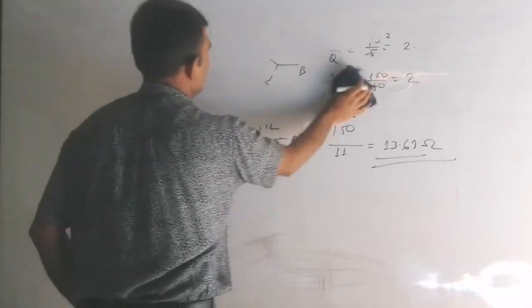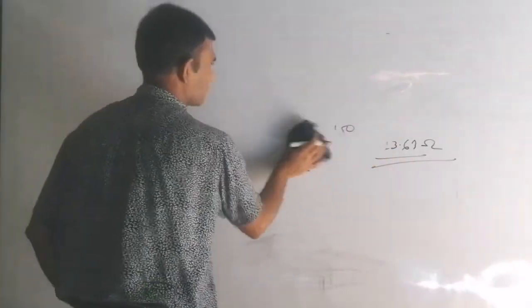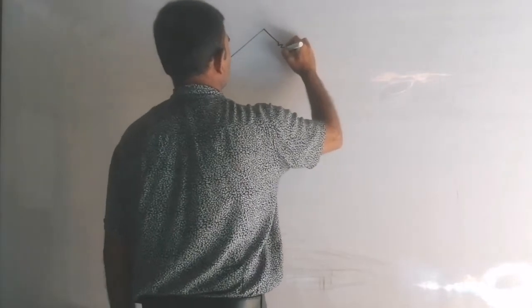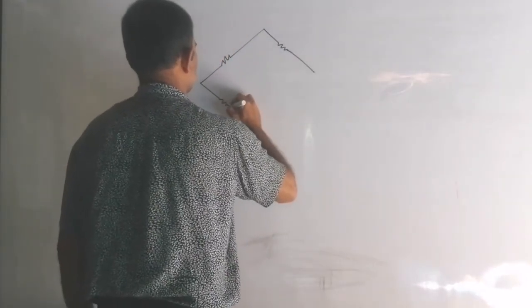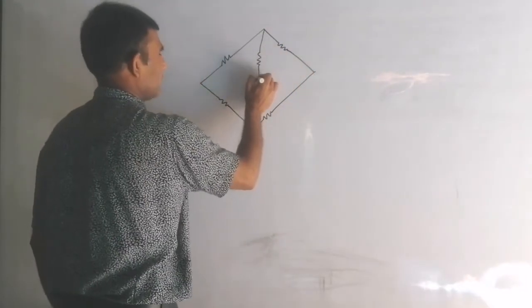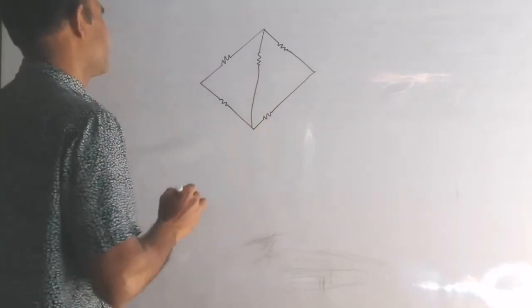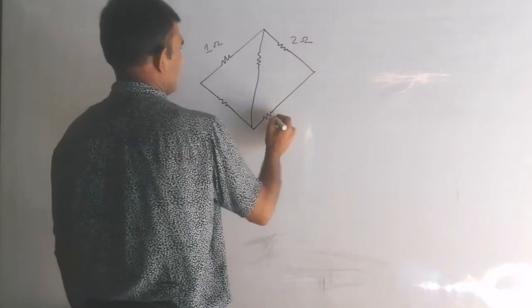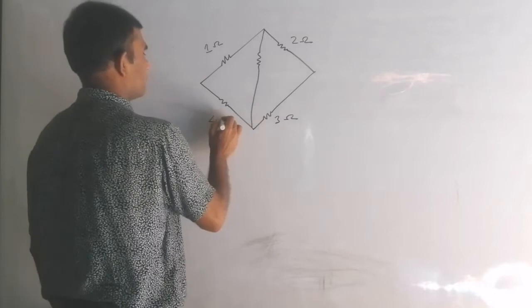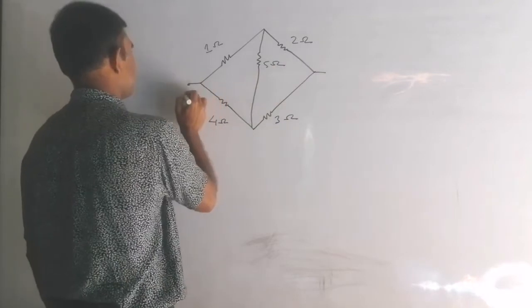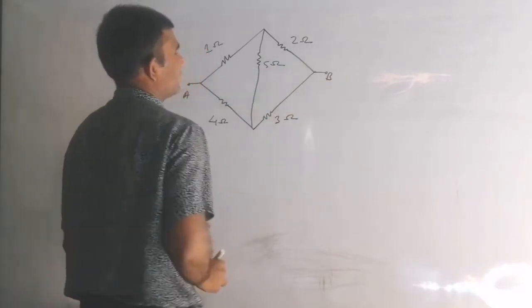And there is a more difficult question like this, and I will give you this as an assignment, so you try, and I will solve that question in the next video. But I am giving this so that you will do research. You will search on the net and find the solution, and you will tell me next time. Again there is a question like this. Now this is the 1 ohm resistance, this is the 2 ohm resistance, this is the 3 ohm resistance, this is the 4 ohm resistance, and this is the 5 ohm resistance. Now we have to find the resistance from A to B.